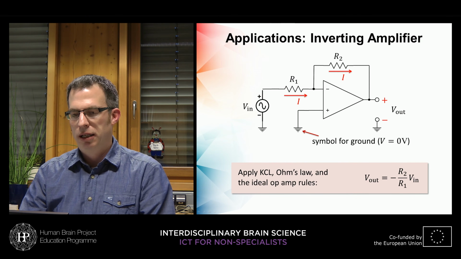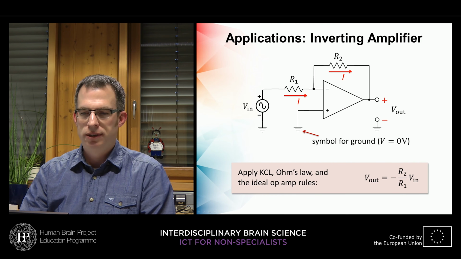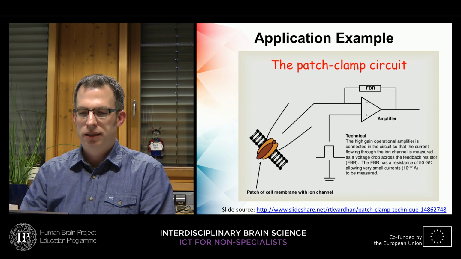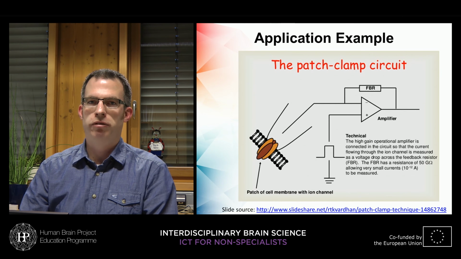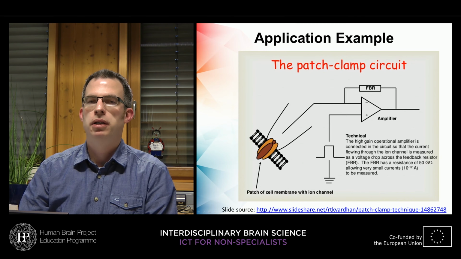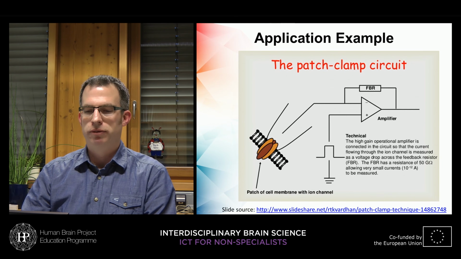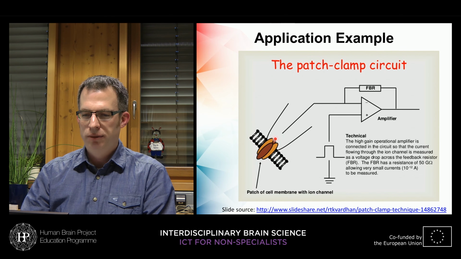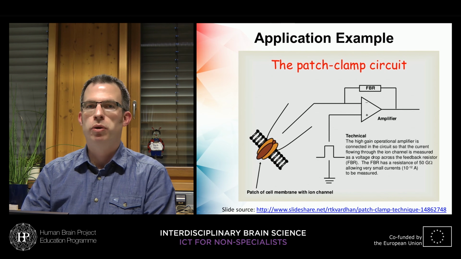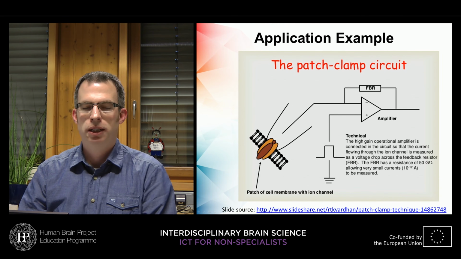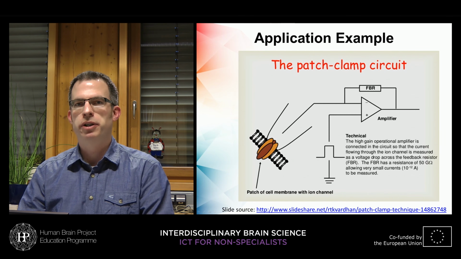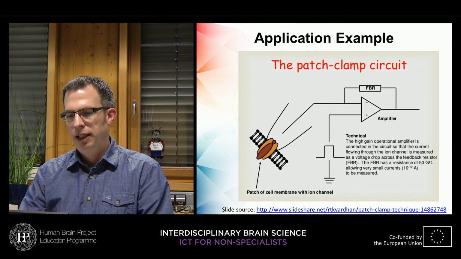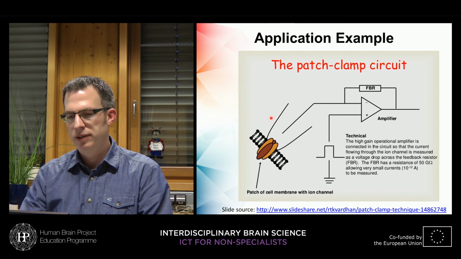And if you are an electrophysiologist or a biologist, you might know the patch clamp technique, which is used to derive currents from neuron cell membranes, from ion channels in neuron cell membranes. So we have a patch of a cell membrane here, it's a neuron's cell membrane, and an ion channel that allows a current to flow through this cell membrane. That's the way charge is transported into and out of the neuron. And then we have here a probe connected to this ion channel,